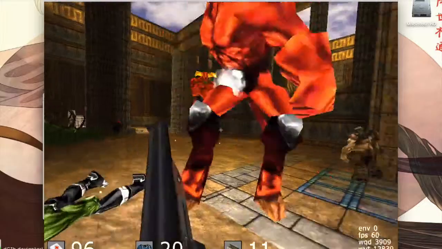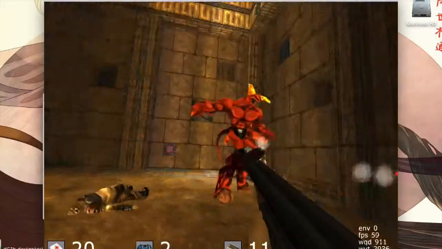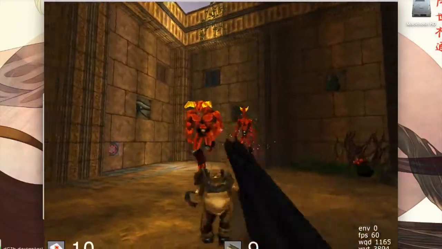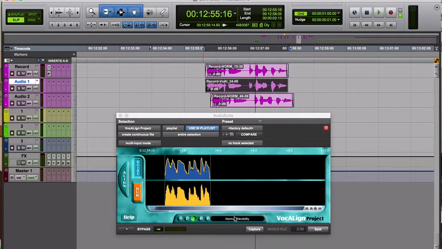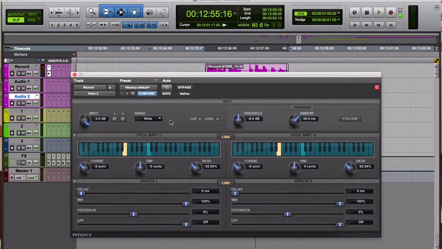For the screams of the creature known as the Bowl, I recorded myself groaning several times at a sample rate of 192k. I then used Vocalign to match the timings before pitching the recording down and layering it with an earthquake sample. That took the sound from this